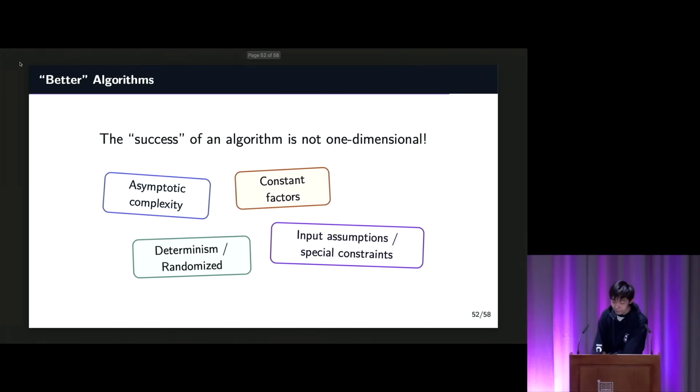In fact, the success of an algorithm is really not one-dimensional. It is far more than just its asymptotic complexity. And that is true for problems beyond SSSP, and there are so many factors that could be taken into account. In 2023, Duan, Mao, Xu, and Yin, the same researchers from today's paper, came up with an algorithm for the SSSP problem, which runs in O of m times square root of log n log log n. Sounds decent, right? Unfortunately, this algorithm only works on undirected graphs, and it is randomized.